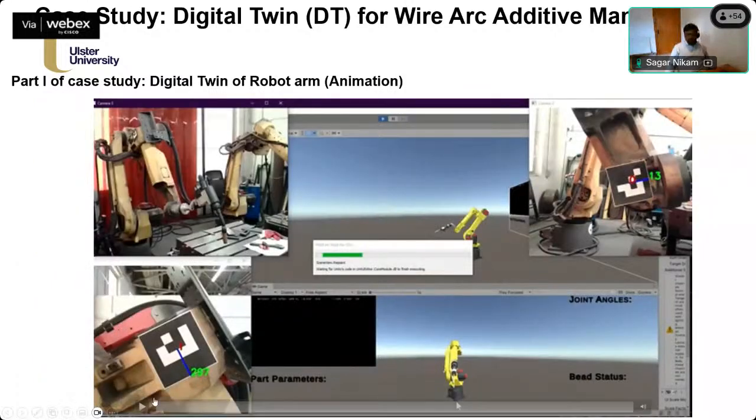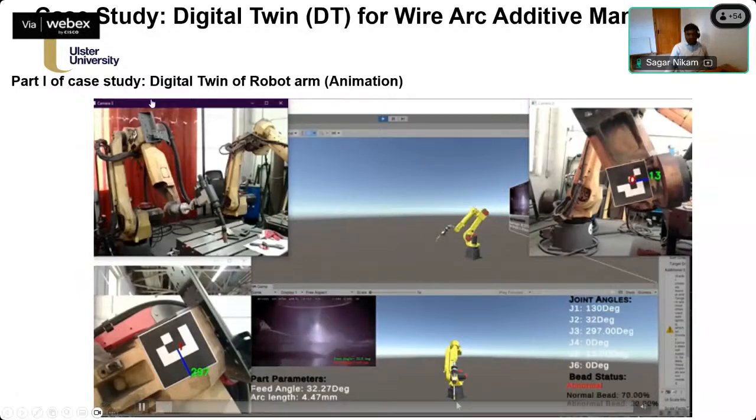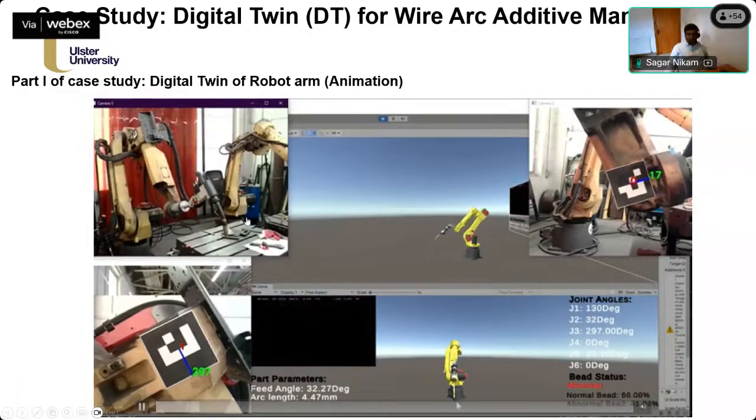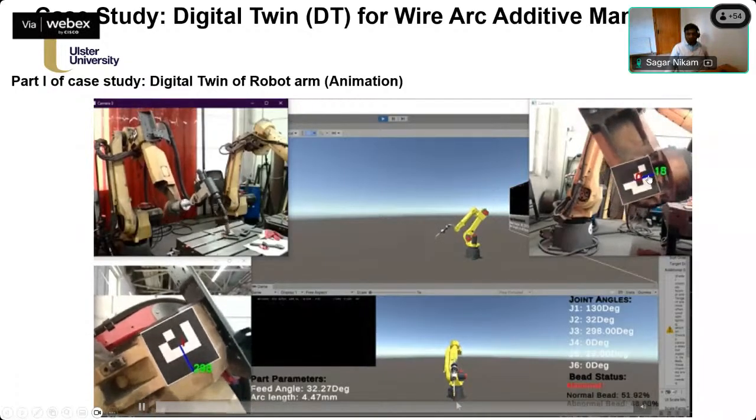There is a small video here I would like to play for you. If you look here, there's a physical asset in the left corner. As it moves on, there is movement in the angle.